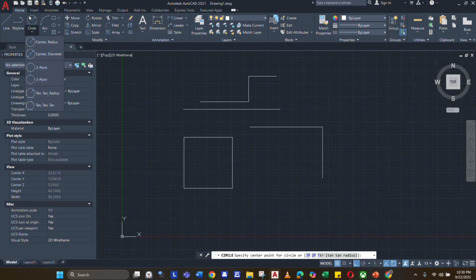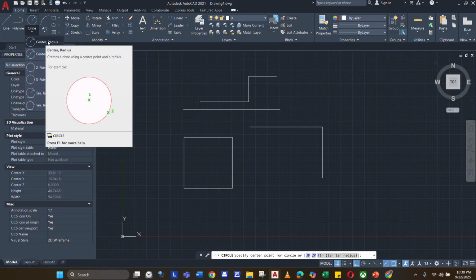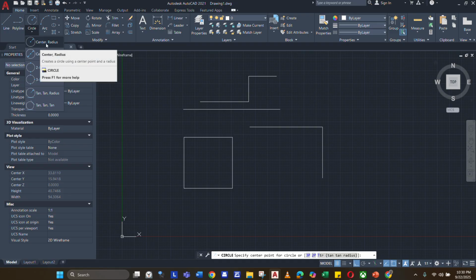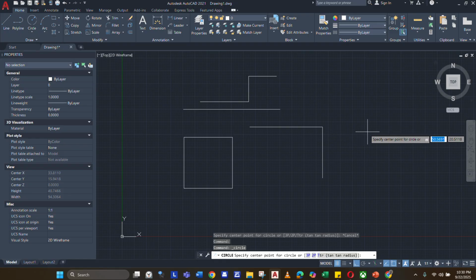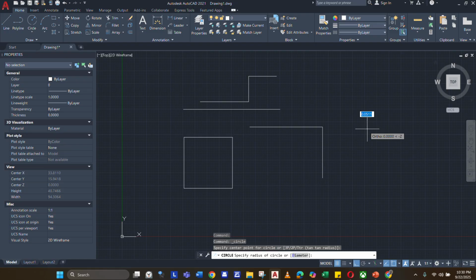So when you click on the circle command on the ribbon window, this will give you options on how to draw your circle. The first and the easiest one is the radius. If I give you a radius of 5, I click on the drawing space and then hover the cursor to the direction where I want the circle to be here. And so this dashed line is the radius.